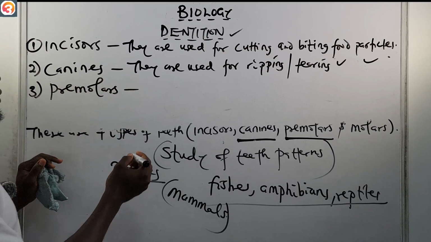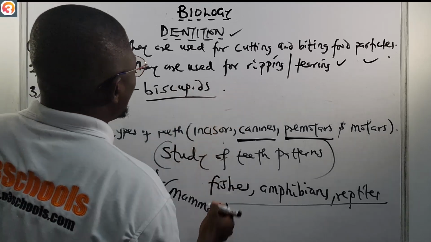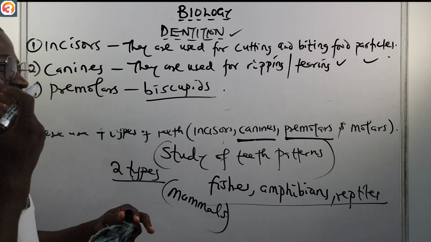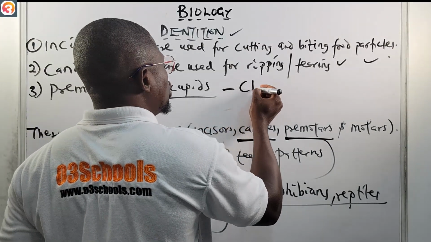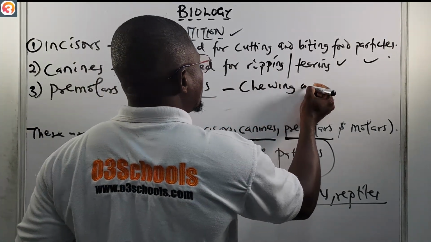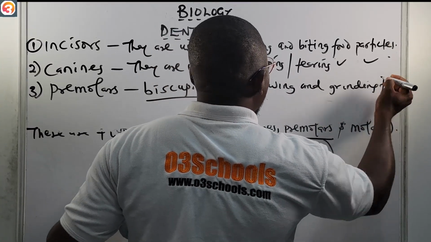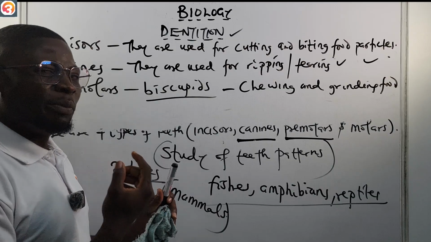They are also called the bicuspids. And what is the function of the premolars? They are used for chewing and grinding food. To chew and to grind. So that is the premolars. Then after the premolars, we now have